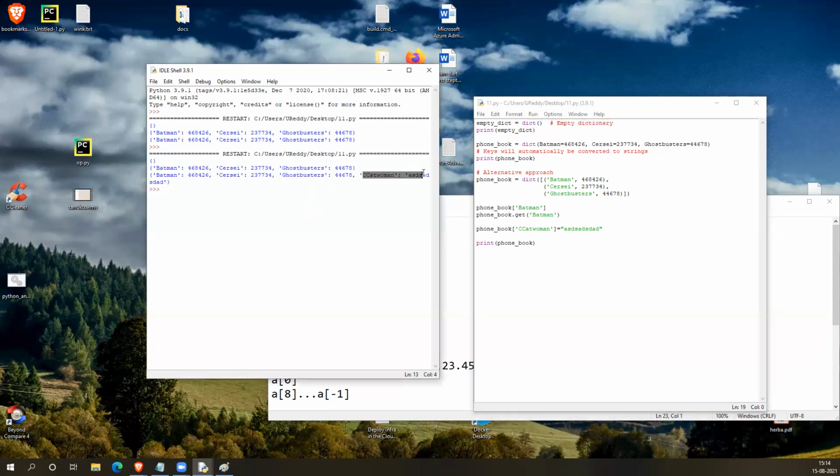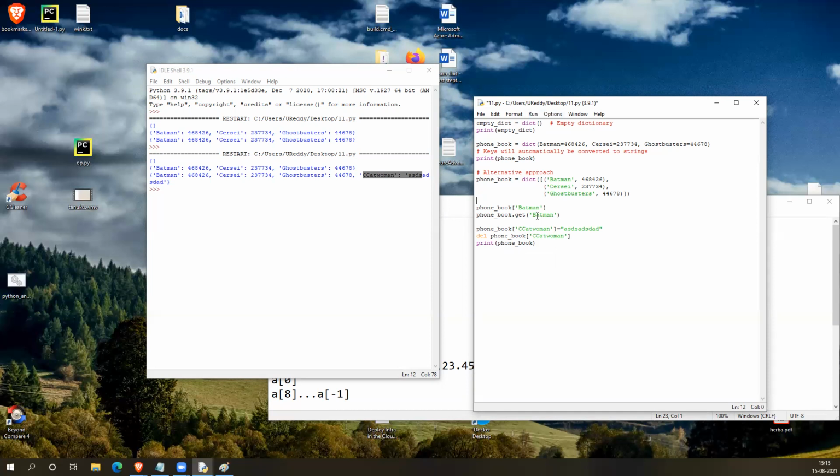You see a new entry created. So removing entries, what you can do is you can use the delete function. Like in list, we mention delete and the list of index, right? Here we will simply type delete and this phone book of cat. Or you can use the get also.